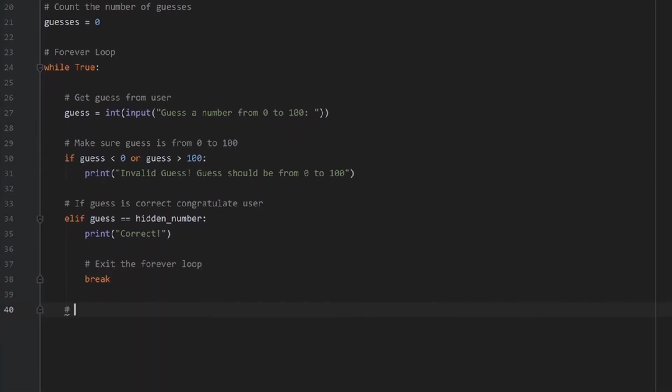Now we're going to ask, okay, so it's a valid number, and their guess isn't right. Now we're going to say if their guess was too high, then we're going to add one guess to the amount of guesses it's taken them to get the right number, and we're going to tell them that their number was too high, and we're not going to break out because we want to loop over and over until they get the right number. So it's just going to go back to the top now, and it's going to ask